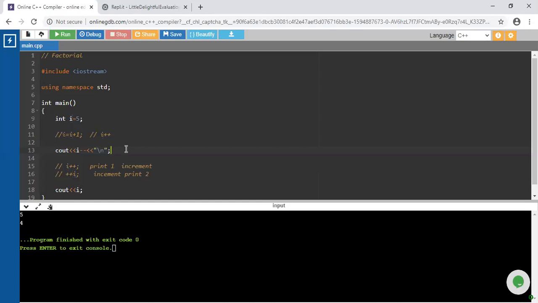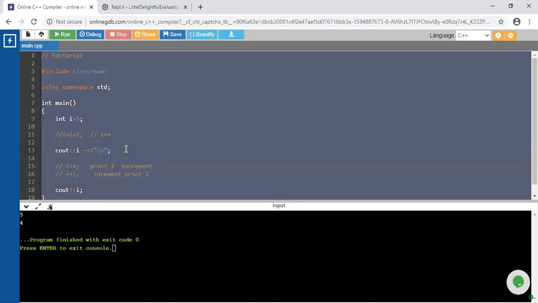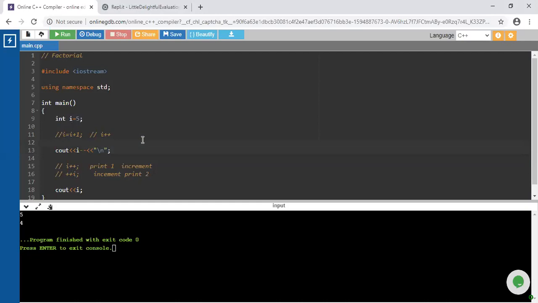Okay, so I will share this code again. You just go through this. Is there any doubt, guys, up to this point? If you have any doubt, just ask me. Okay, no doubt. Let us move towards the next one.